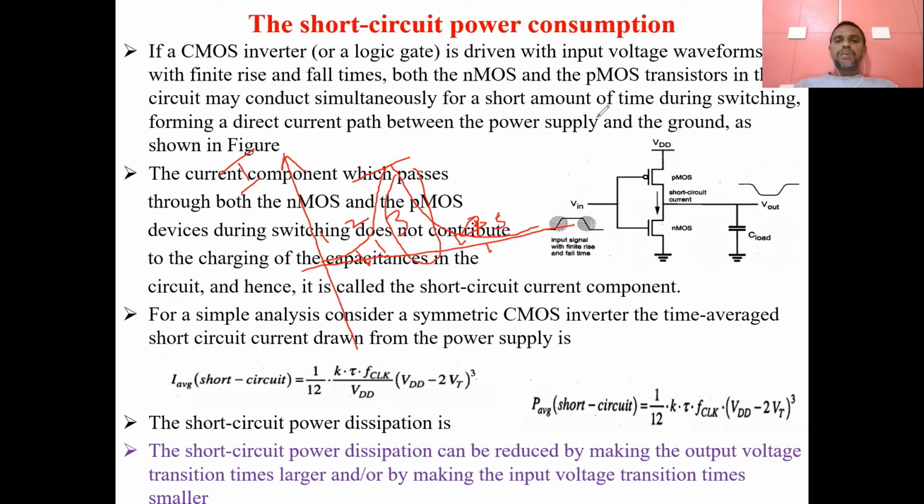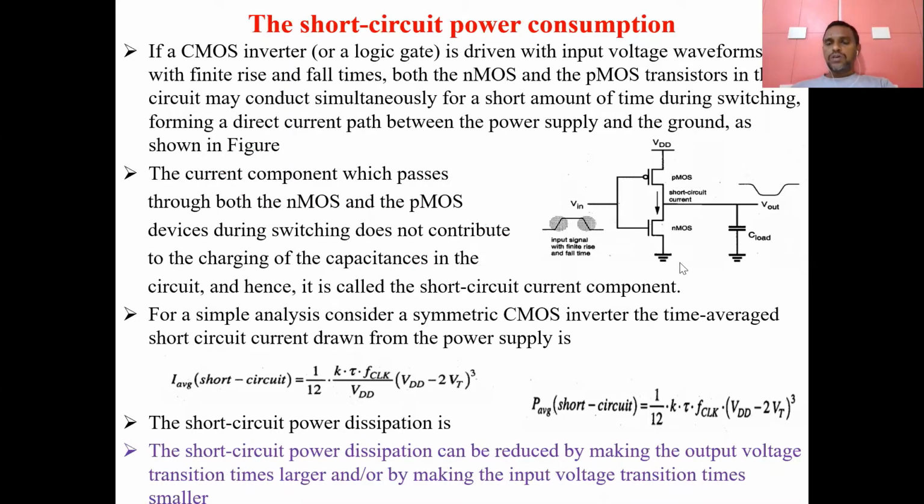Okay, so there will be some relation for the diagram and this short circuit power consumption. Here, at a particular voltage, at an instant, both the NMOS and PMOS go into the on condition. If the PMOS and NMOS are both on, there will be a current flow between the VDD